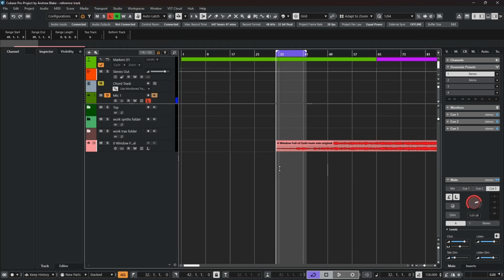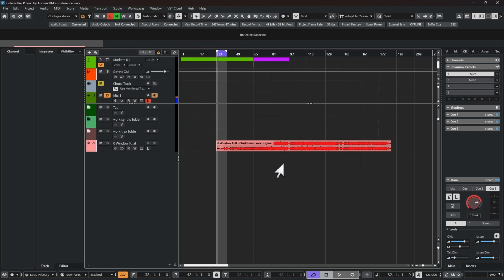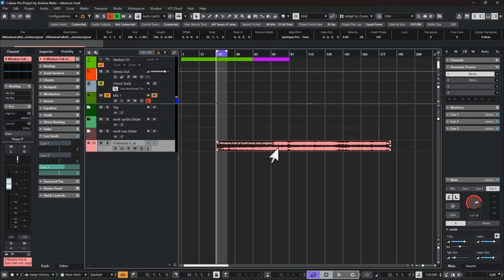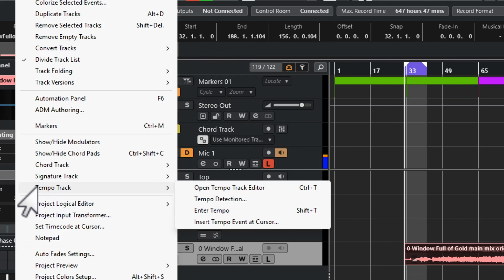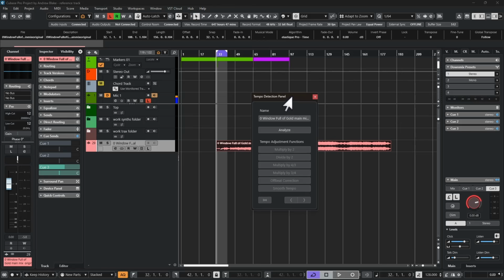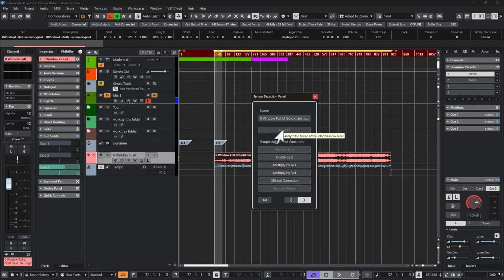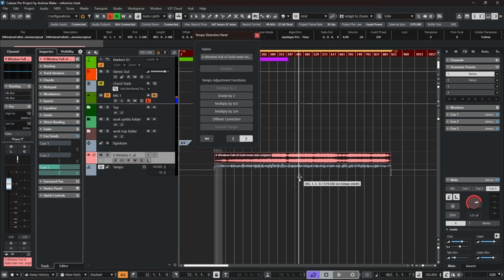Then comes the challenge of getting the tempo in our project to be aligned with our reference track audio. One of the typical ways to have Cubase find the tempo, get things lined up, is to select your audio, go up to the project menu, come down to the option that says Tempo Track, and the sub-menu for Tempo Detection. And this opens up a dialog that has the name of your audio in this window and a button to analyze. Once we click on the Analyze button, Cubase goes through a test, and then if we play the audio and listen to the click,